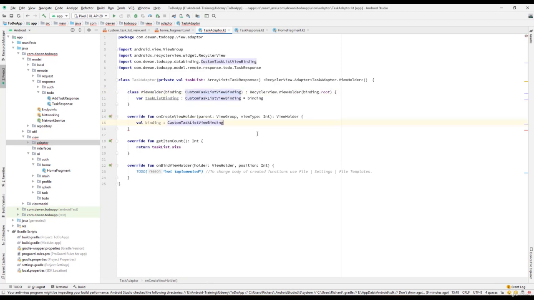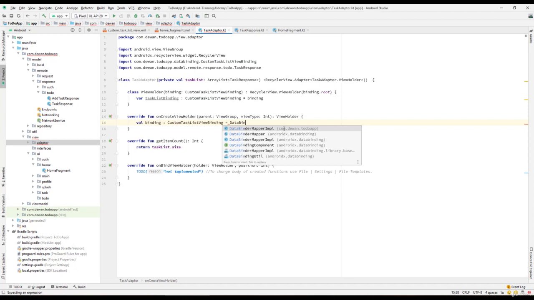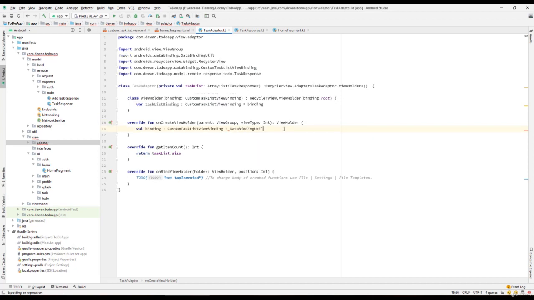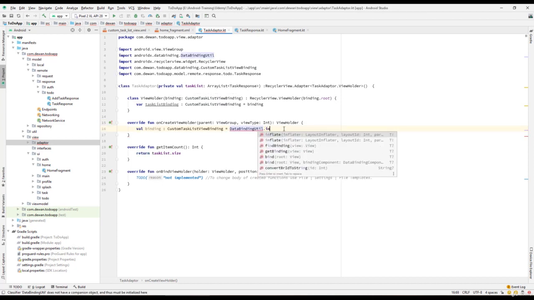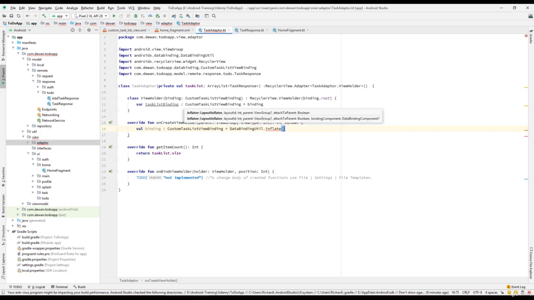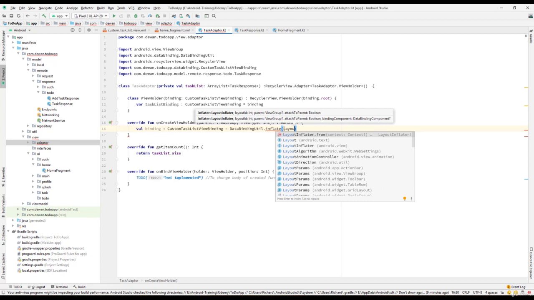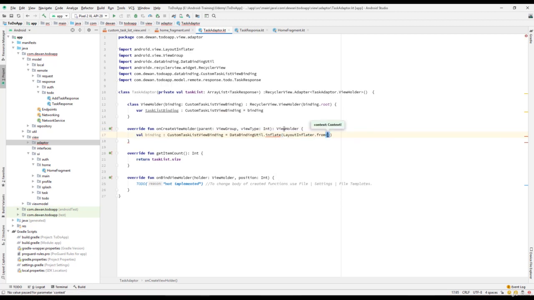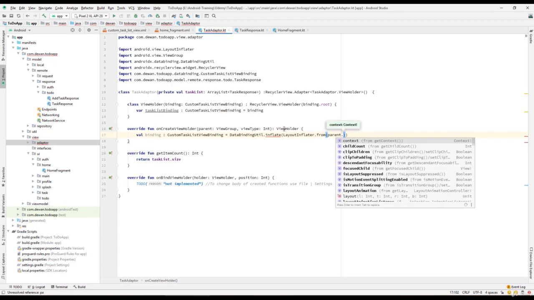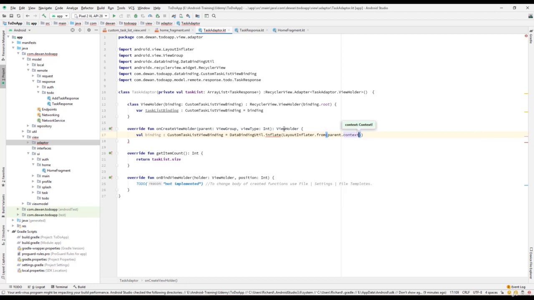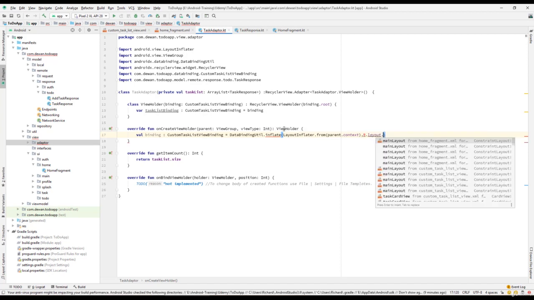We call the DataBindingUtil.inflate, so we can inflate the layout using the LayoutInflater from the parent.context, and context comma, then we need to get the layout, the R.layout dot the custom